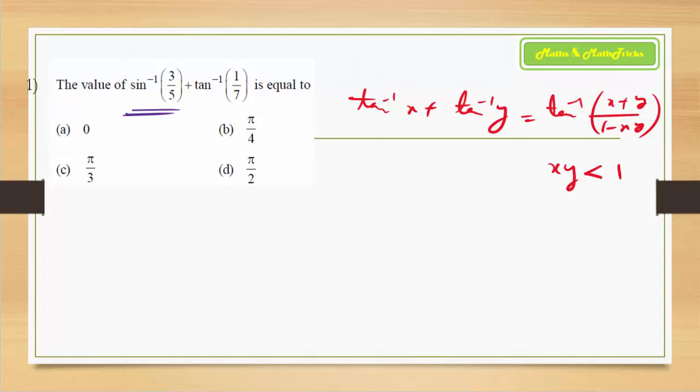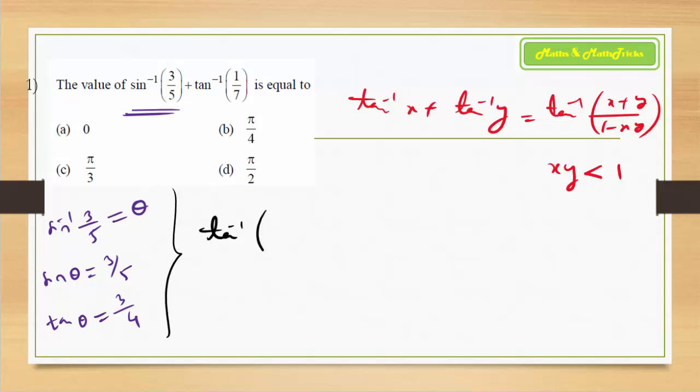So for that you can just take help of an acute angle triangle, where you can consider sine inverse of 3 by 5 as theta. So you can see that sine theta is 3 by 5. So when you make an acute triangle with the sine theta value 3 by 5, you can directly obtain tan theta as 3 by 4, because 3, 4, 5 is a Pythagorean triplet. So hence the given question is now reduced to what? Tan inverse of, because tan theta equal to 3 by 4 means theta. What is the theta value for this particular entity?